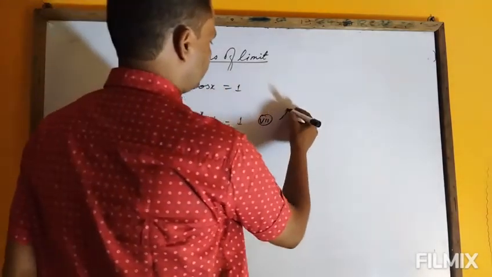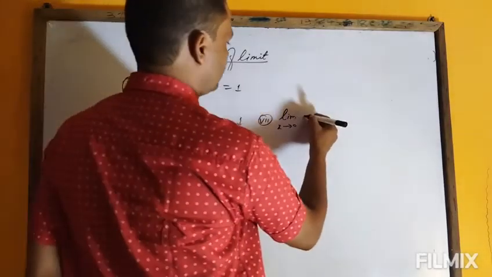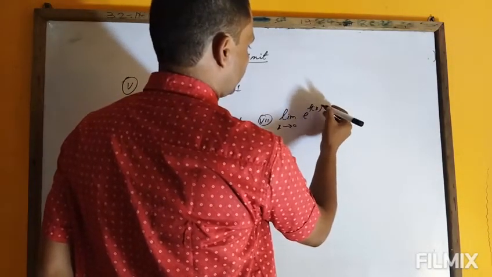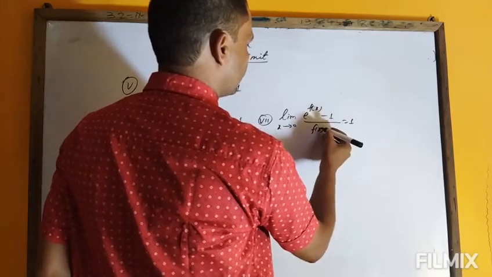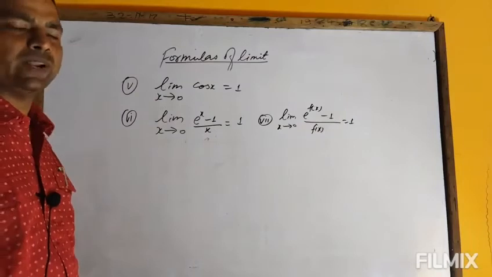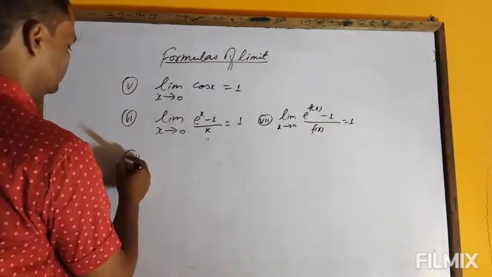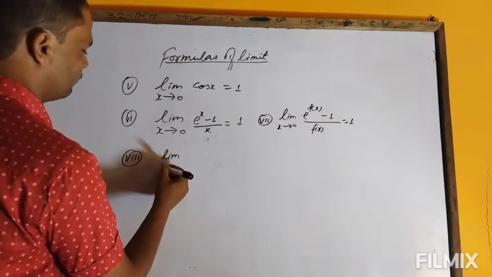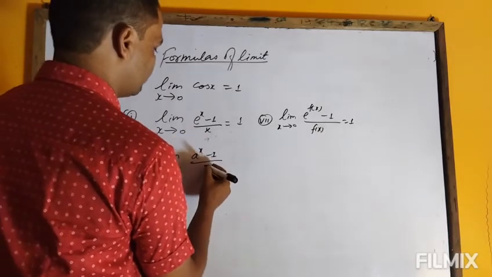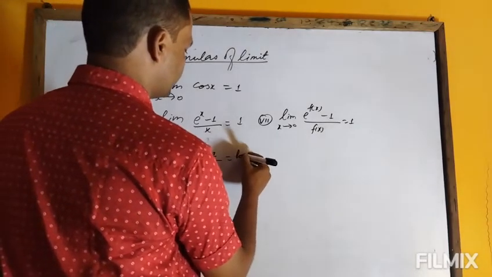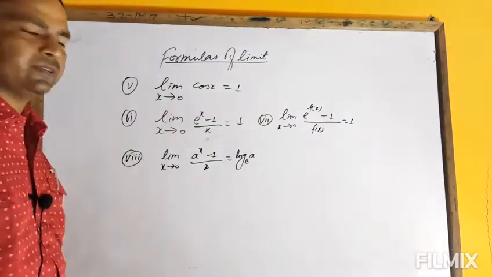Seventh, limit x tends to 0 e to the power fx minus 1 by fx is equal to 1। Limit x tends to 0 a to the power x minus 1 by x is equal to log a base e।